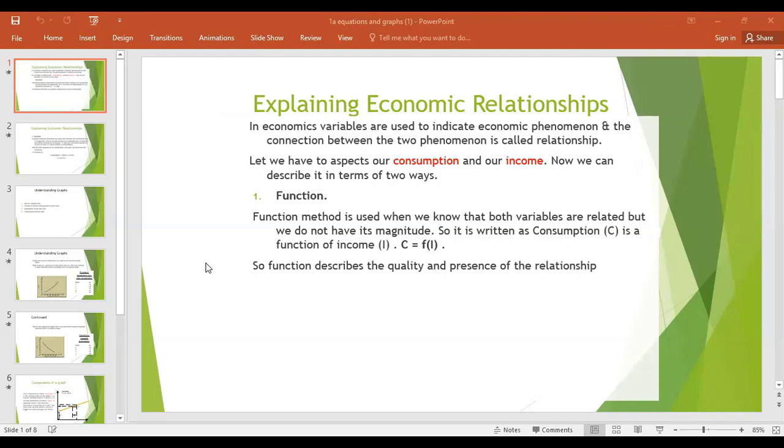Anyone have a question for function? So what does quality mean here? Quality means that it is there. Quality means that we acknowledge the presence, but we don't know how much it is. So quality is there means the presence is observed. Qualitatively it is there, but what the quantity is, we don't know.